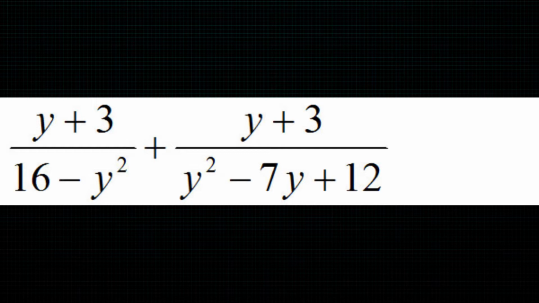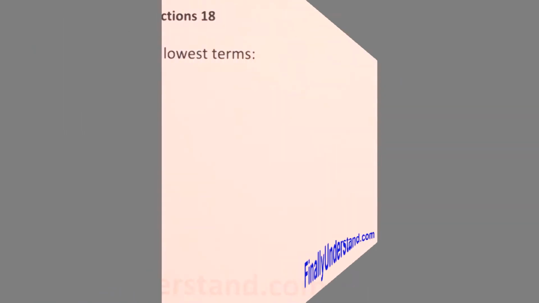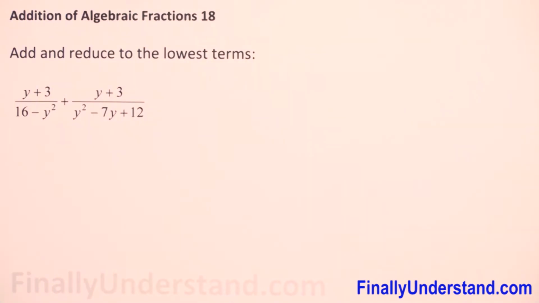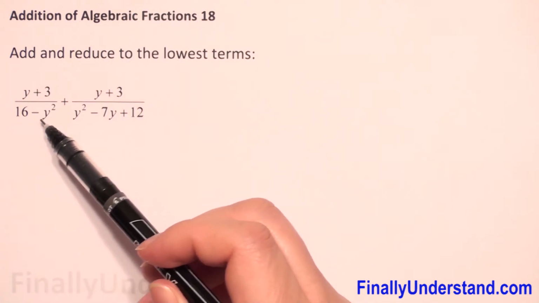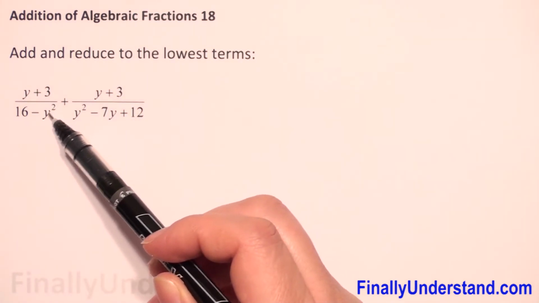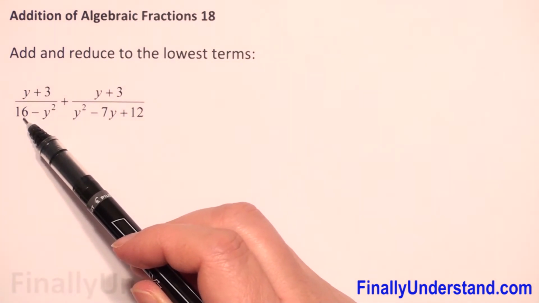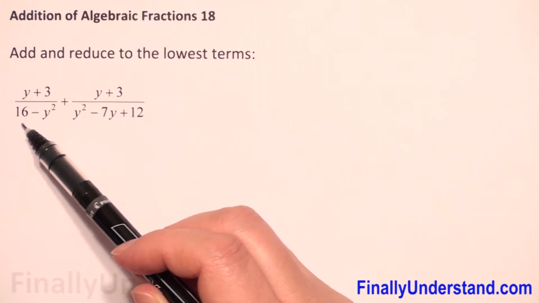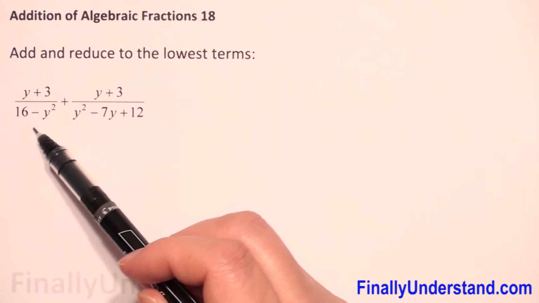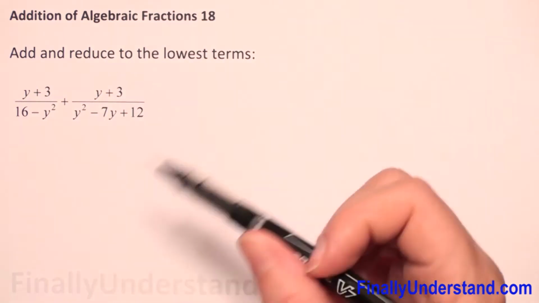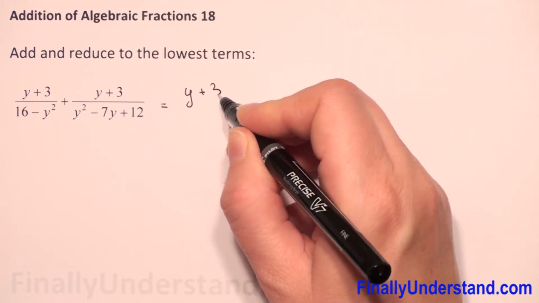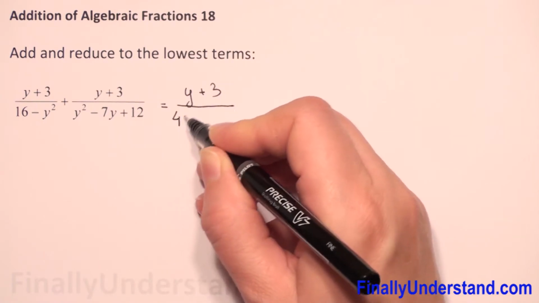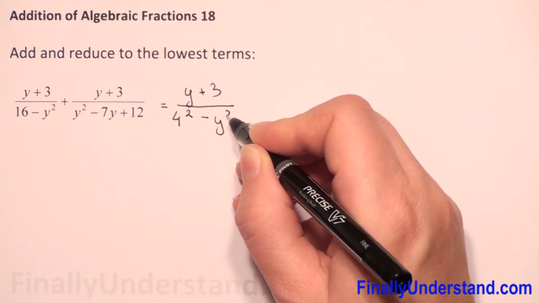We have addition of algebraic fractions, so to add these two algebraic fractions we need to have the same denominator. So first let's try to factorize, because we have 16 and minus y squared. If I rewrite 16 as 4 to second power, we will have here a difference of two perfect squares. So let me rewrite this. We have y plus 3 over 4 to second power minus y squared, and